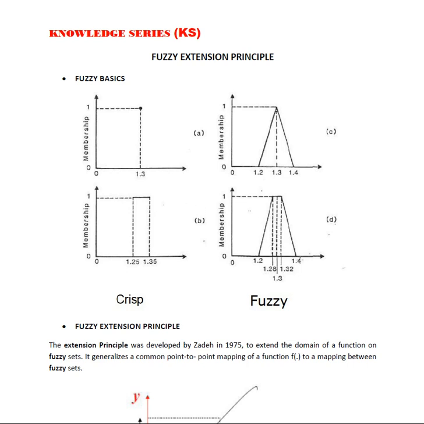Not only that, in the case of a crisp, at 0 and at 1 you get the same fuzzy relations, but other than that, the intermediate points, that is 1.2 to 1.28 or 1.2 to 1.3, similarly 1.3 to 1.4 or 1.32 to 1.4, have some certain relationship